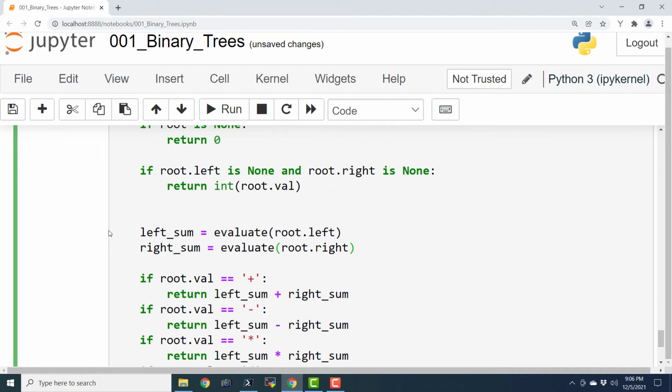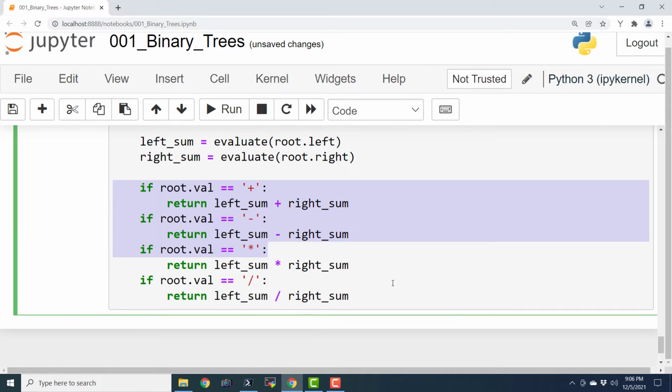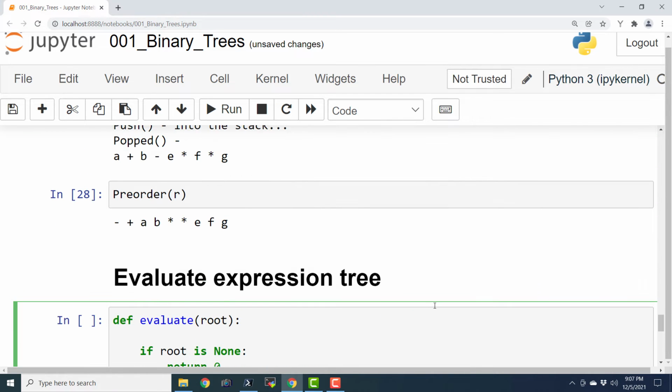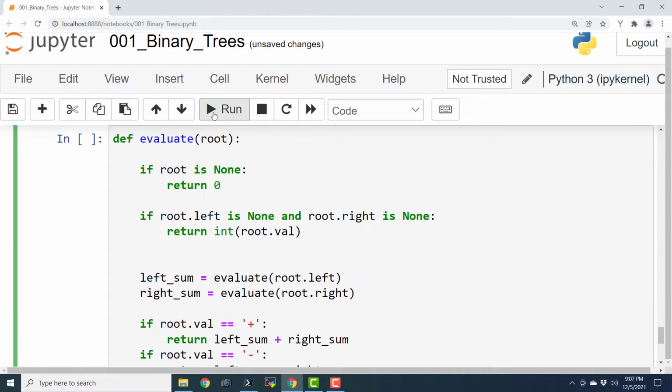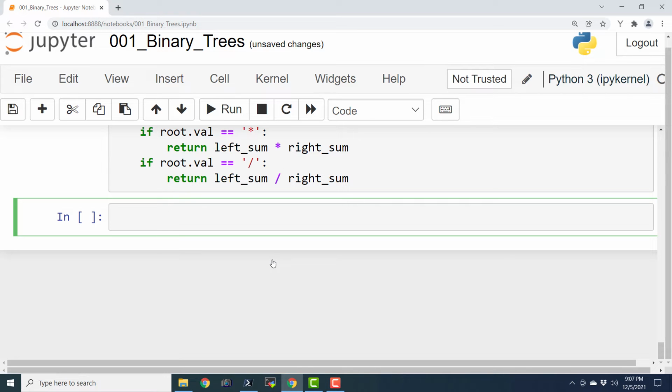Once we make the recursive calls, further we are going to evaluate these things. So this is it. This is the evaluate function that is going to evaluate recursively the expression tree. So let's execute it.